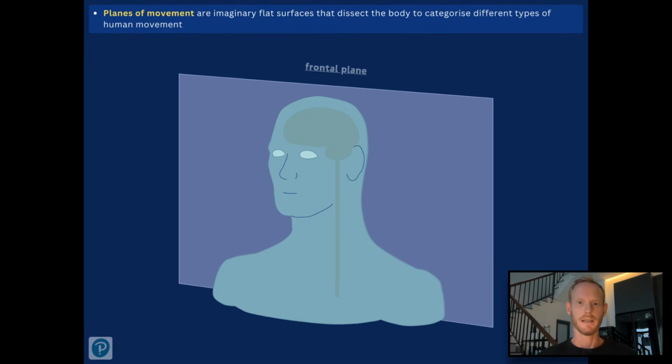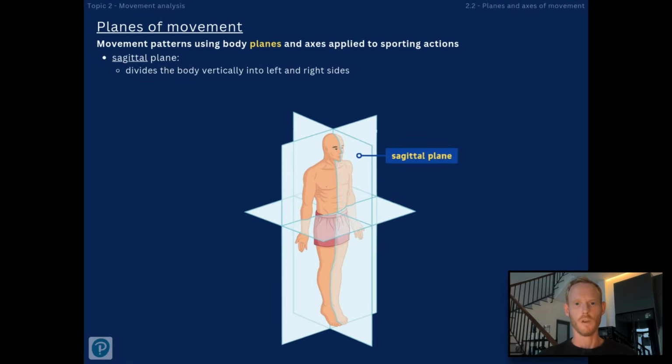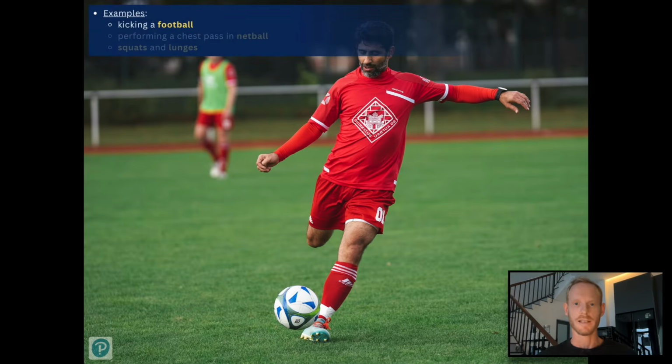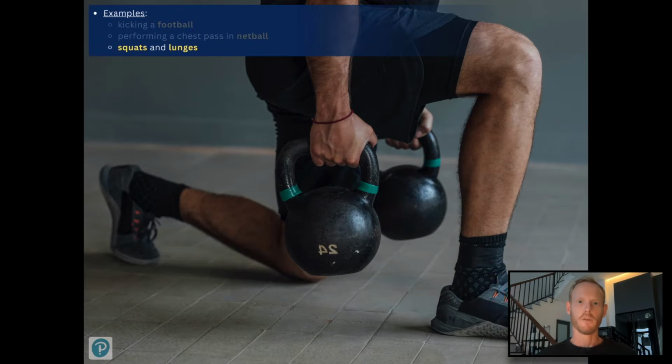There are three planes, or imaginary flat surfaces, that dissect the body and are used to explain how it moves. The sagittal plane runs vertically from top to bottom, dividing the body into left and right sides. The movements in this plane are forwards and backwards movements, including flexion, extension, plantarflexion, and dorsiflexion. For example, the bending and straightening of the knee, hip, and ankle joints while running. Other examples of movements in the sagittal plane include kicking a football, a chest pass in netball, and performing squats